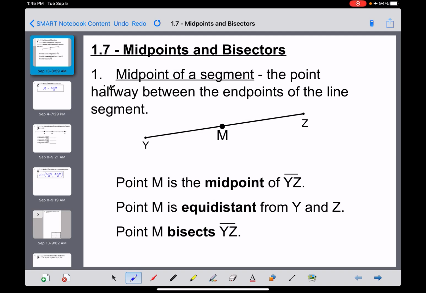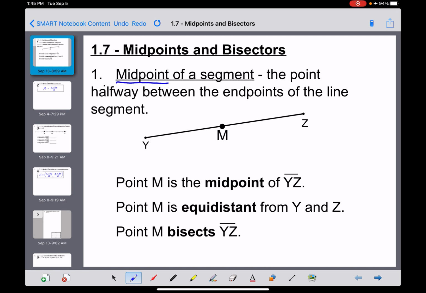Right, guys, let's get into 1.7, which is the last section here in Chapter 1 on midpoints and bisectors. Two words that you probably haven't heard in a math class before, but I'm betting if I asked you to, you could think about those for a minute and kind of try to figure out what they are. So the first thing we're going to do here, guys, is write down a definition for what we mean by